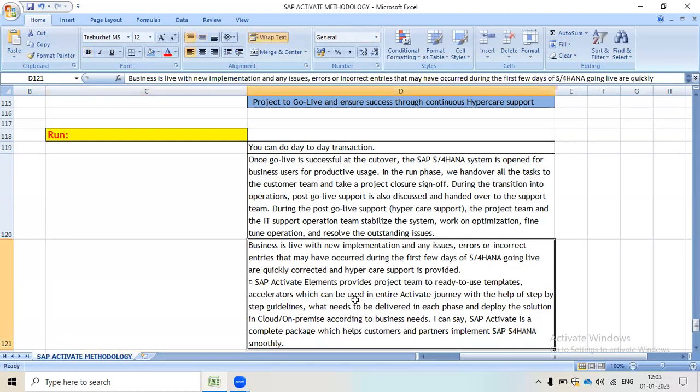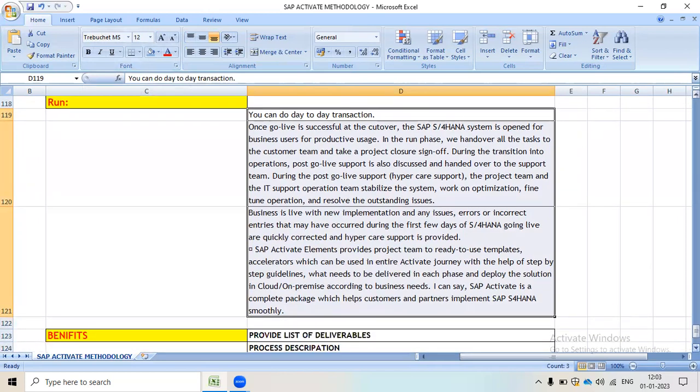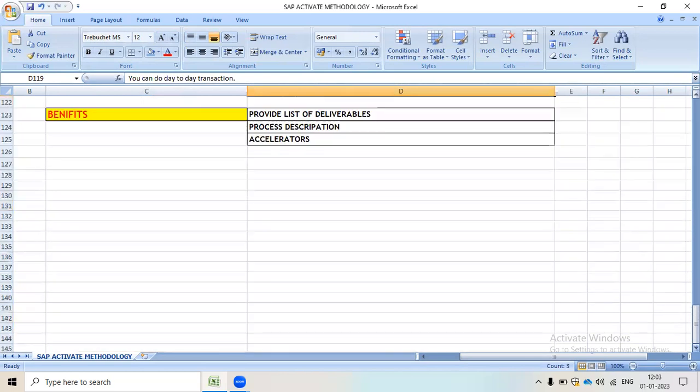And this is how we complete our run phase, and how our SAP implementation will be complete. What is the benefit of the Activate methodology? It provides a list of deliverables, process descriptions, and accelerators.